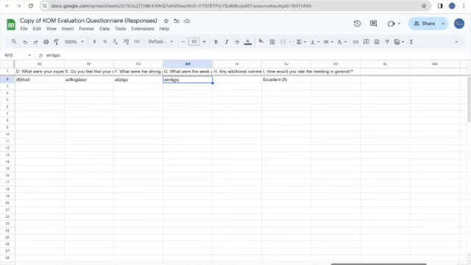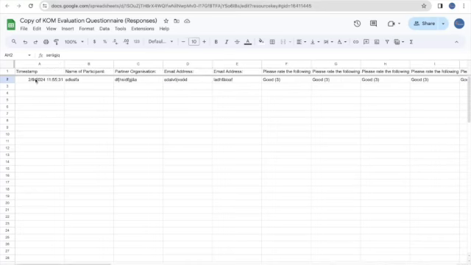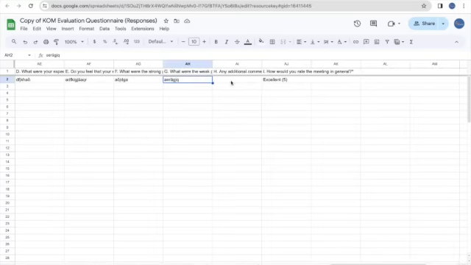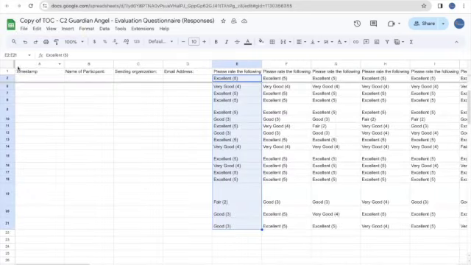Every row is an individual, and it's telling you exactly the time and the date that this person answered, and then their information, because these are questions that have been asked in the questionnaire. Then you will see the individual answer for each one in a row, and the columns will be the questions themselves in the questionnaire. So here is one of the answers from my questionnaires. I just deleted the data related to the number of participants, the sending organization, or the email of the people. But this survey was